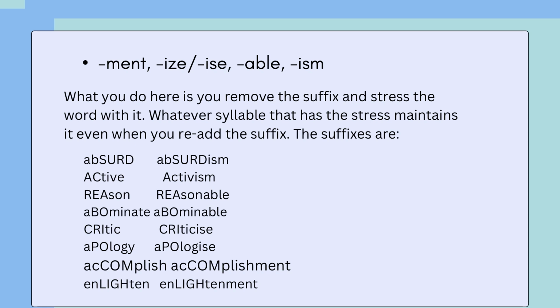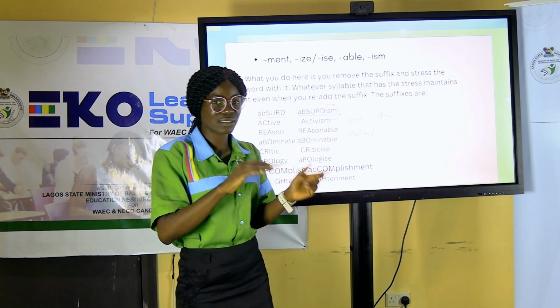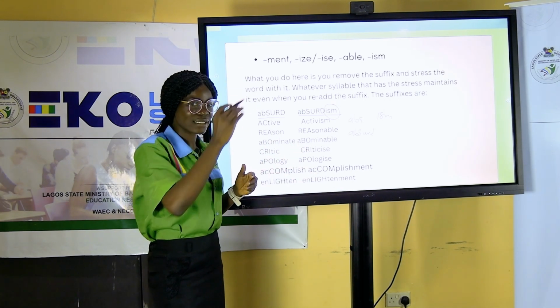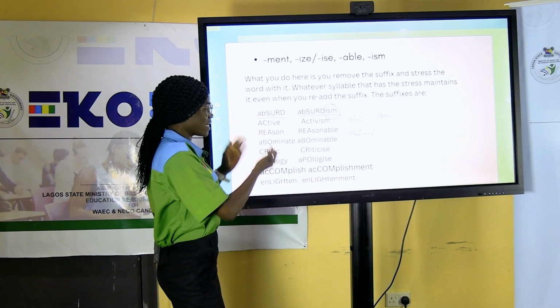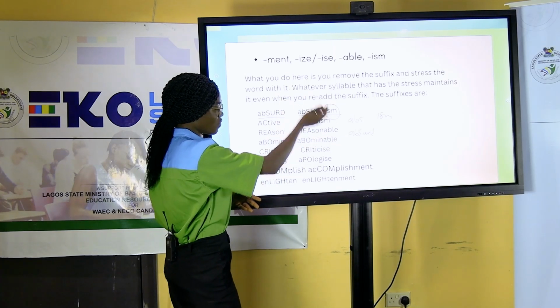You see, your voice will go up when you get to the particular syllable that is stressed, which is called primary stress. So enlightened, enlighten. Then when you're done identifying your stress, you can go ahead and add your suffixes back, and